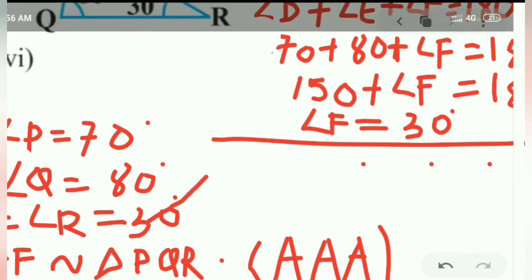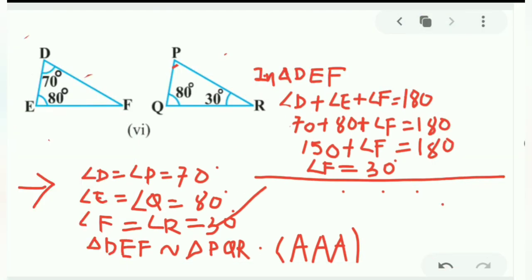But if you match only two angles, then it will also be similar according to AA similarity. So here this question ends. The most important thing is that in similarity, you have to match two figures. If the figures are not matching, you can turn the figure, then match it and prove it similar. If it is still not matching, then you will write that it is not similar. But you should try at least 2 times by turning the figure and visualizing it. This is how we end this question, and this is the end of question number 1 of exercise 6.3.